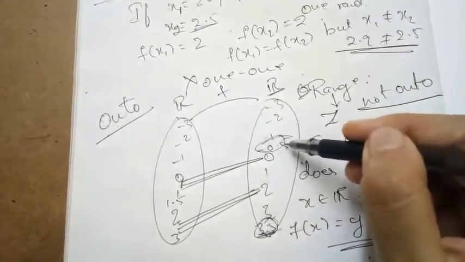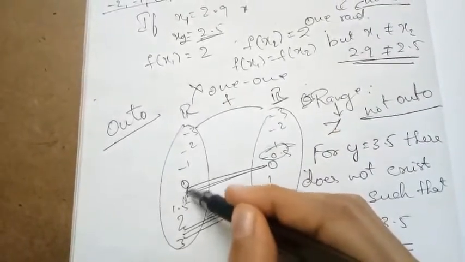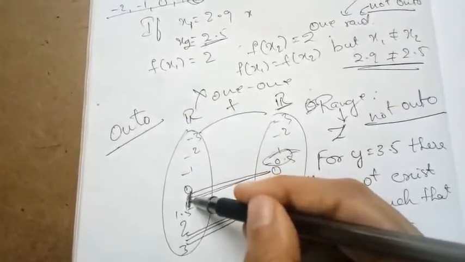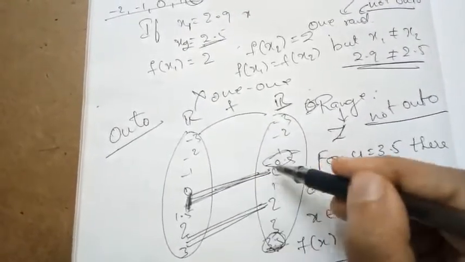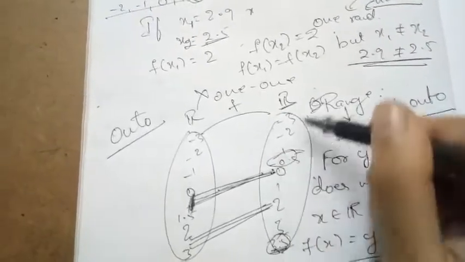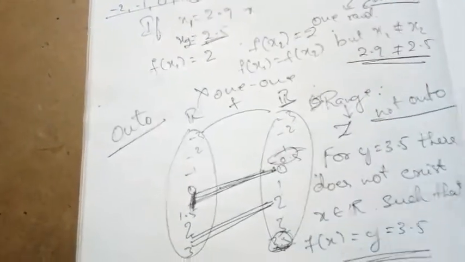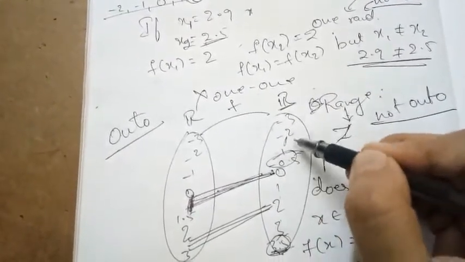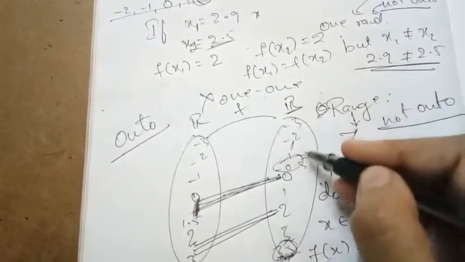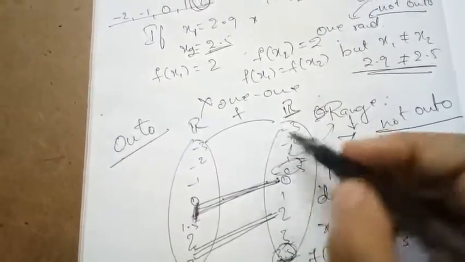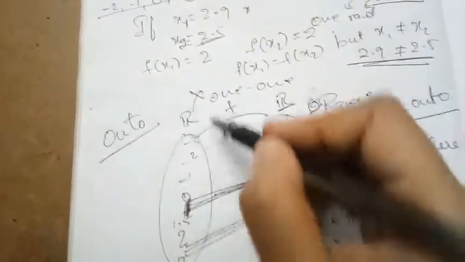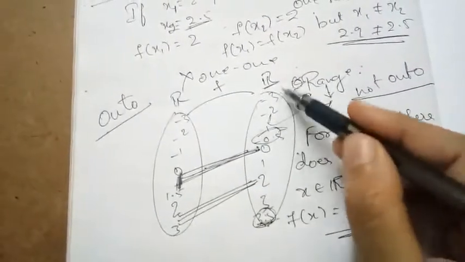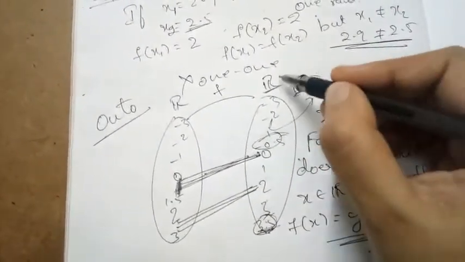Understood? I think you might have understood here, because whatever the decimals lying between any two integers in the domain, all those are going to be accumulated to only one integer. So all the integers are going to be the range of the given function, but decimals like 0.5, 0.2 are not the image of any element present in the domain. So it is not an onto function, because all the elements in the codomain are not occupied.